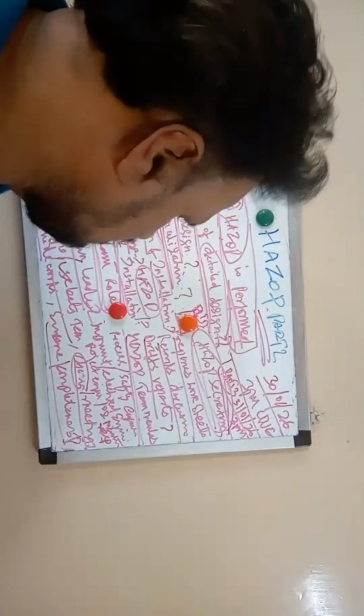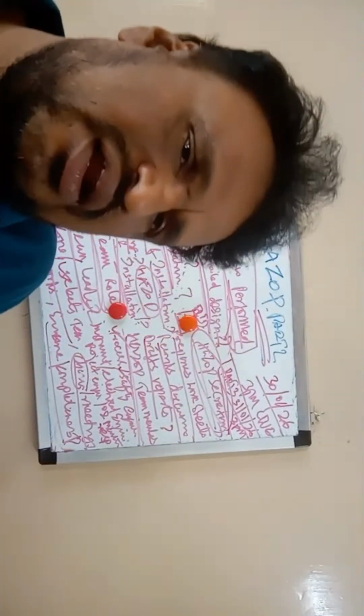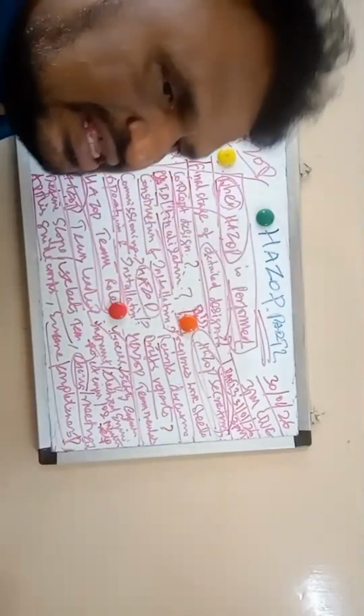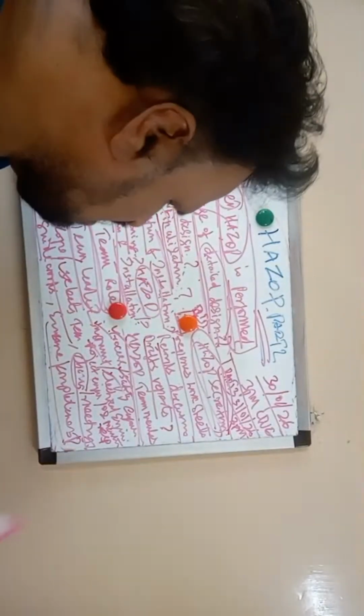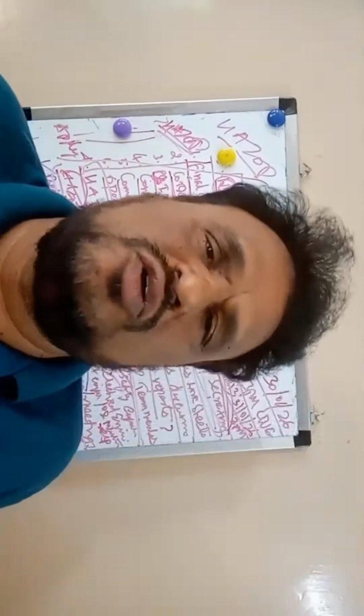Who are the team members? Process engineer, safety engineer, instrument engineer, electrical engineer, project engineer, and operation and maintenance specialist are team members for HAZOP. The operation and maintenance specialist is included because HAZOP not only involves finding the hazards, but also involves finding